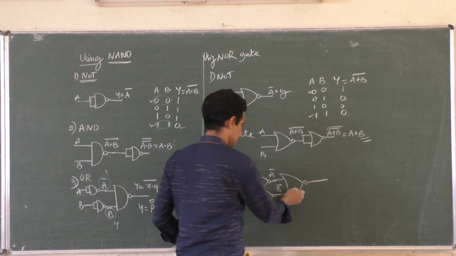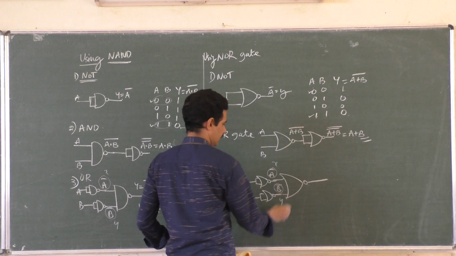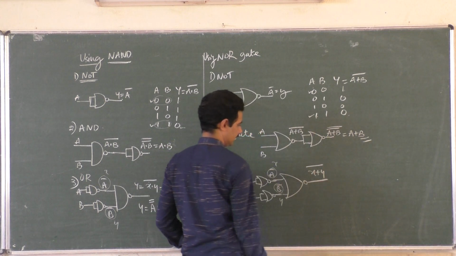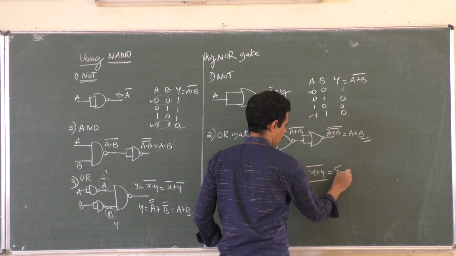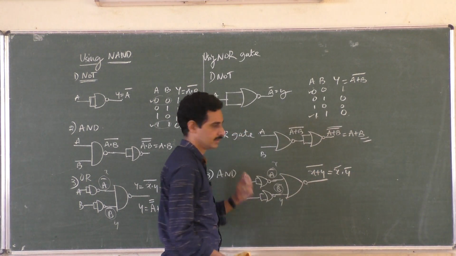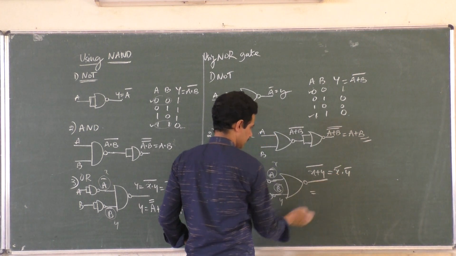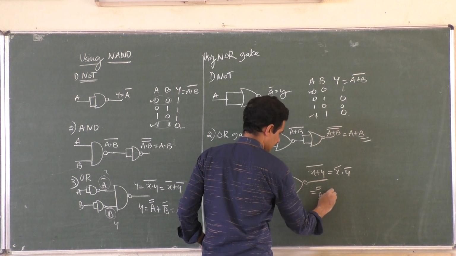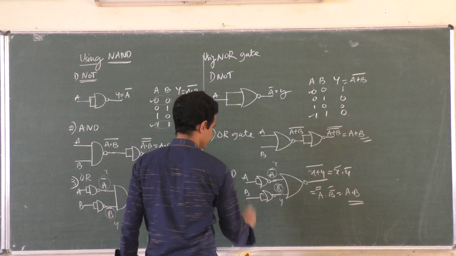And here is an OR gate. Say take this as X. If you are confused, take this as Y. X and Y are the inputs of an OR gate. X plus Y whole bar is the output. That is equal to X bar dot Y bar. Complement of the sum is equal to product of complements. Then what is the result here? X bar. So what is the output? X itself is A bar, so A bar bar dot, Y itself is B bar, B bar bar. A dot B is the answer. So that is AND gate.